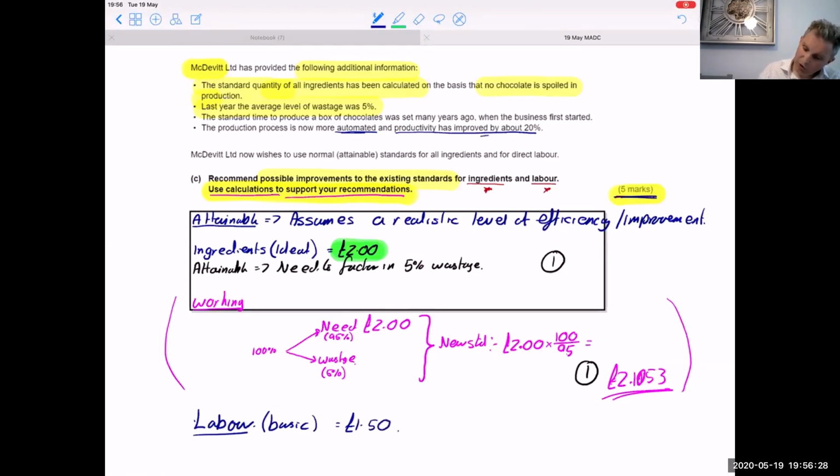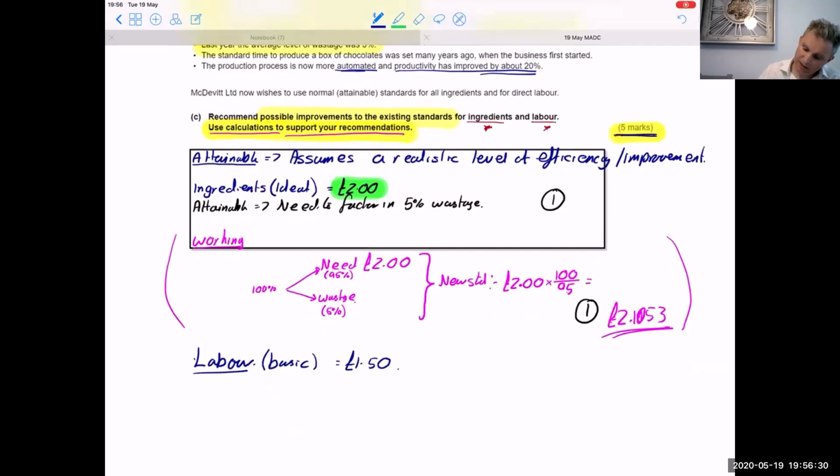But it says productivity is improved by about 20%. So we have improved productivity